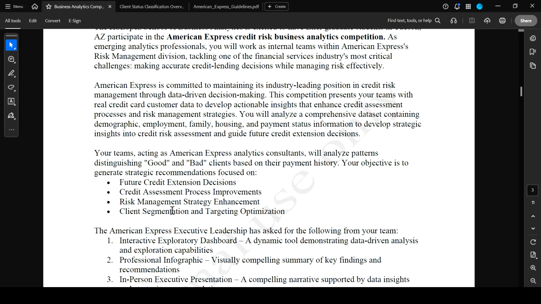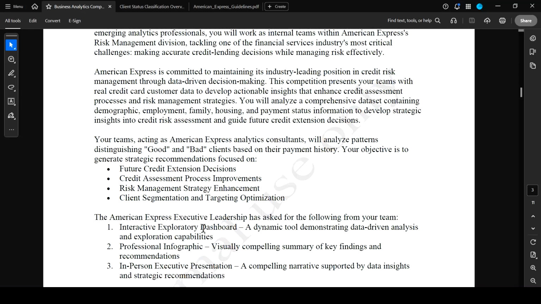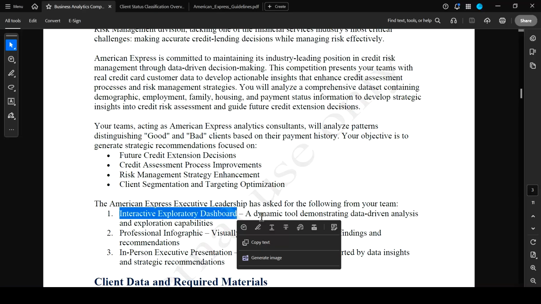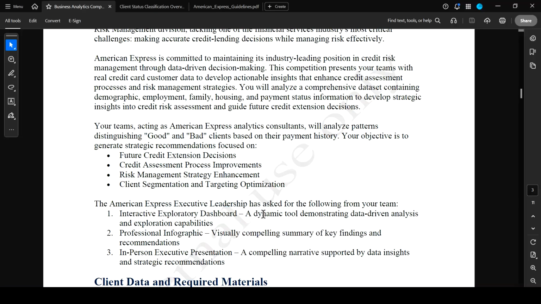things of that nature. So the executive leadership team has asked for three things. Number one, an interactive exploratory dashboard. This is a dynamic tool where you're demonstrating data-driven analysis and you allow their team, if they want it, the opportunity to do the same. They also want a professional infographic that's visually compelling and is a summary of your key findings. And then, like most things, you're going to have to tell them about it, right? So we're going to have this in-person executive presentation